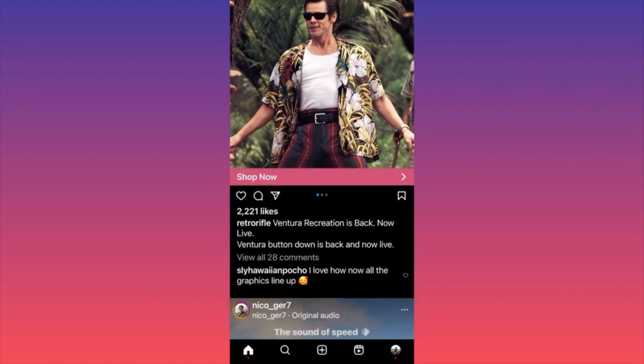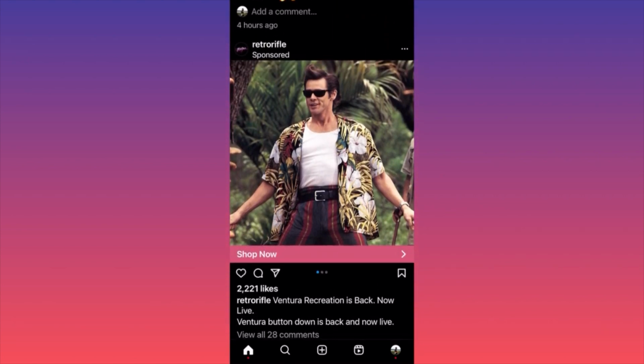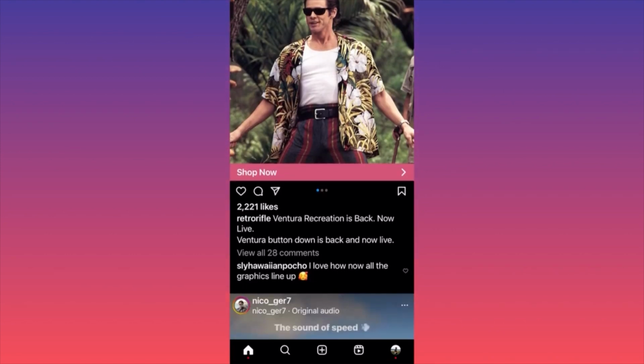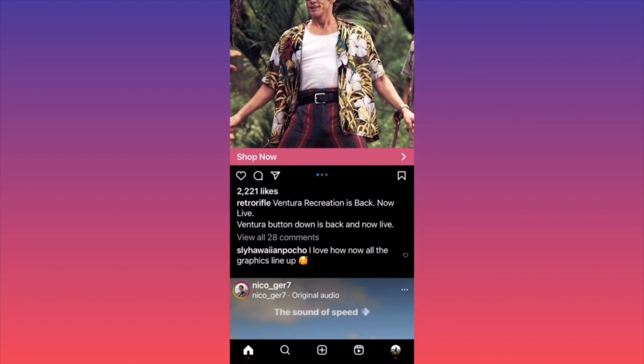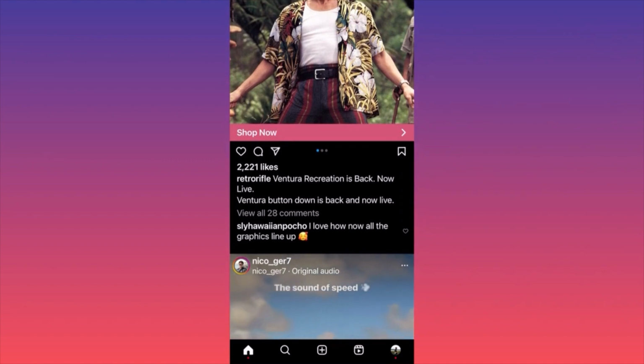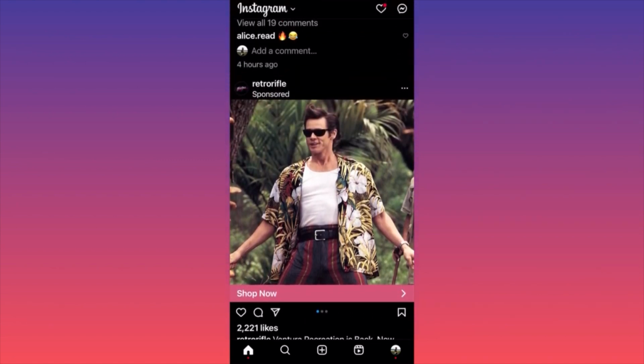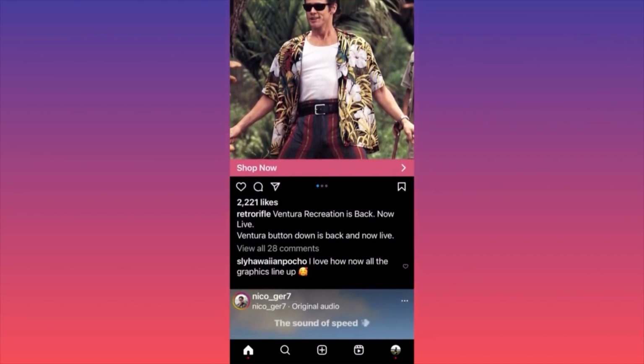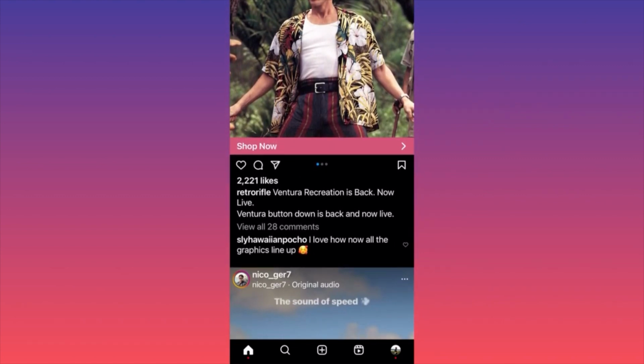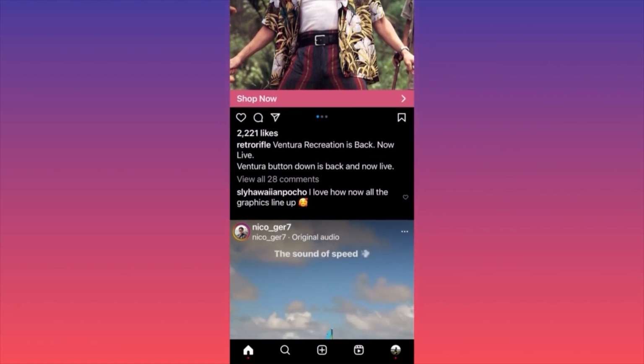As a matter of fact, if you look at this is a sponsored post, right? So the goal of person who paid for the ad on Instagram is to reach as many people as possible. But guess what? Even they don't include any hashtags. Just look at over here. There is no single hashtag. Sponsored post, they're selling probably clothes or whatever, or selling vibe. And look at it. There's no single hashtag.